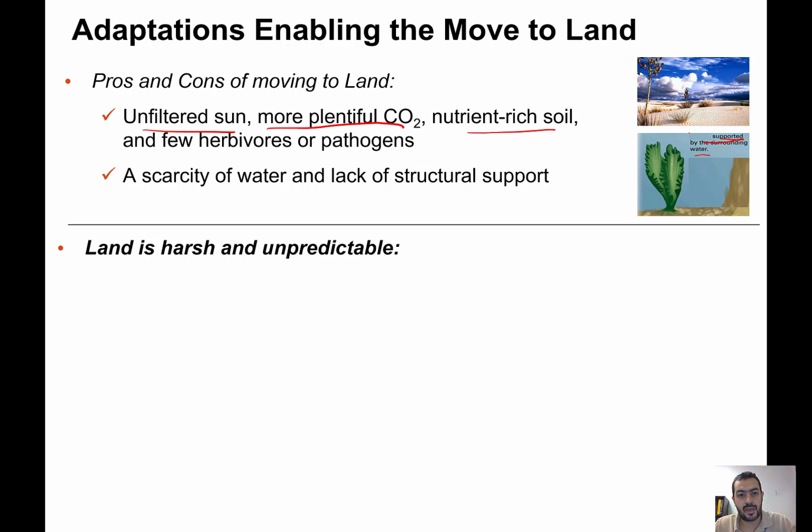So the land is harsh and unpredictable. Being in water, they are covered with the water. They are more protected from the effect of the sunlight and the direct sunlight rays, and the UV rays, as we know, is mutagenic. So by being on the land, and especially with low ozone, they will be more exposed to the UV radiation, which is, as we said, mutagenic and harmful to the plant. It can cause the mutation, change in their genetic structure, and may finally lead to the death of the plant